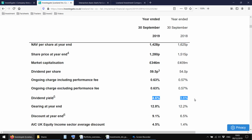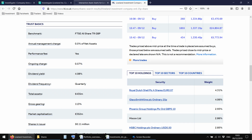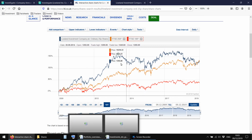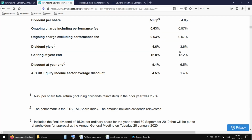This reflects, I think, that earlier on, in this time period here, the yield would not have been higher than 3% or something. Historically, this was kind of a lower yielding, growthy kind of investment trust. But now, as you can see, because the share price has been flat or down a bit over these 6 years, that's down, and it's had phenomenal growth in the dividend. So that's why the dividend yield is actually almost as high as the FTSE 100, I think, which is very